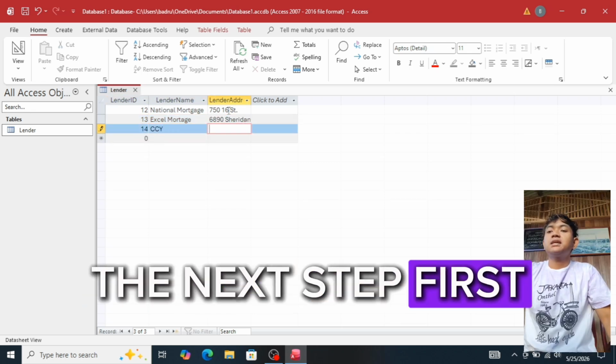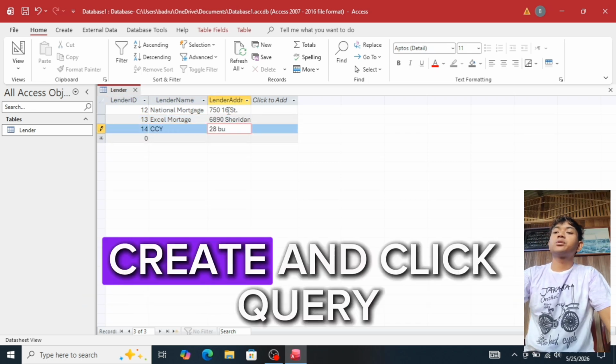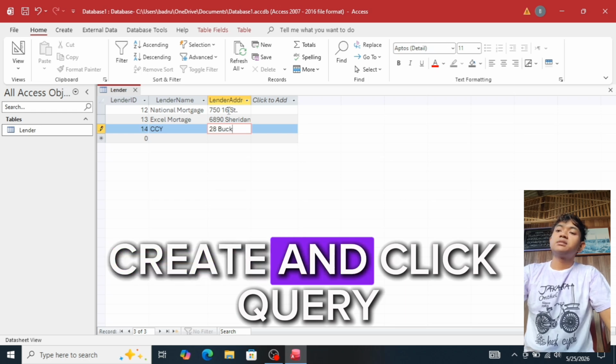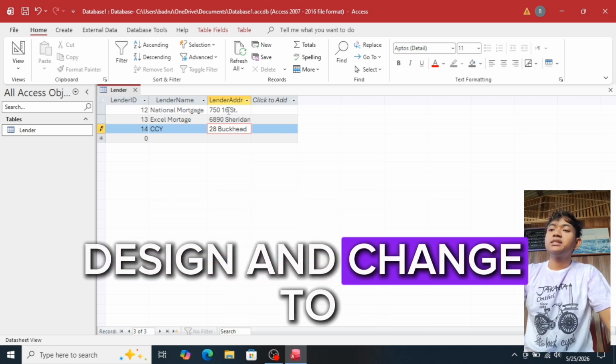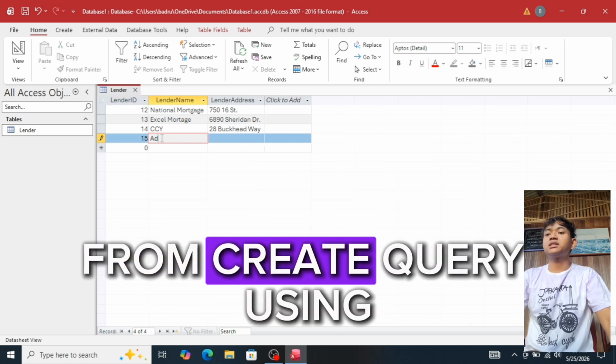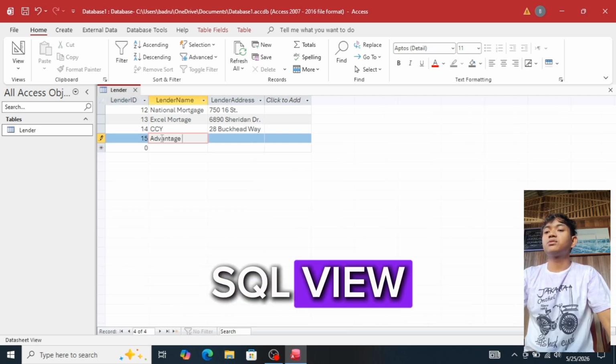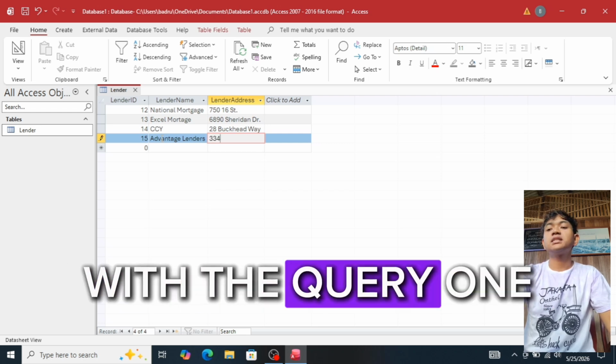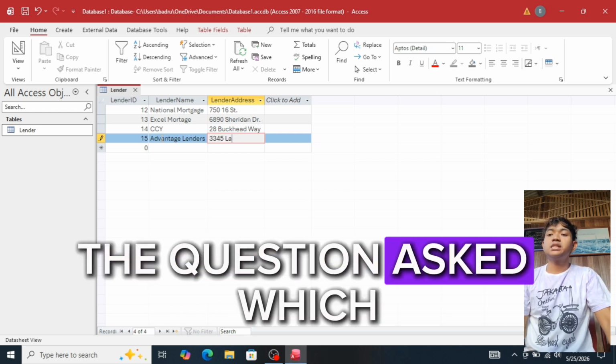The next step, first we must go to Create and click Query Design and change to SQL view. For task 3, we will extract data by creating queries using SQL view. Let's start with query 1. The question asks